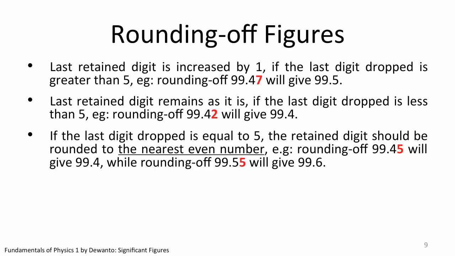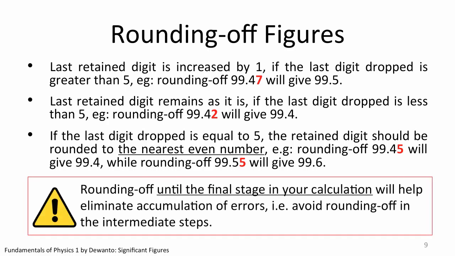In any case, please heed this advice. Round off only numbers which result from the final stage of your calculation. Rounding off an already rounded numbers, if done multiple times, may result in accumulated round-off error. It is thus recommended for you to work out the computation with as many significant figures or decimal places as possible, and when finally you are ready to present your answer, look at the quantity with least number of significant figures and or decimal places, and round off the answer accordingly.